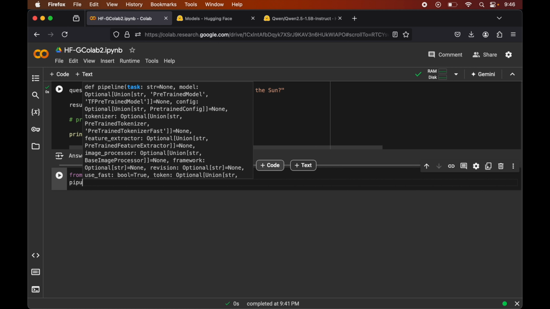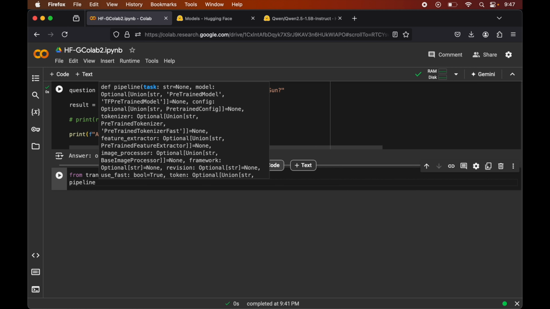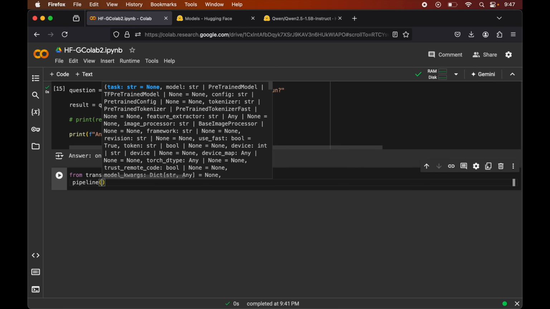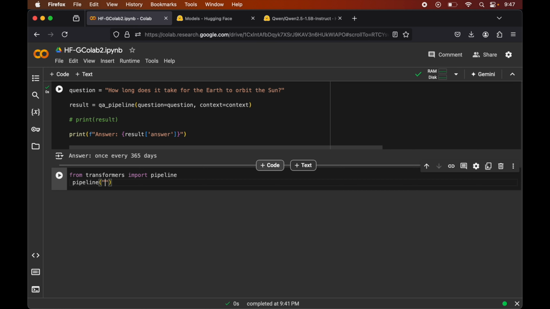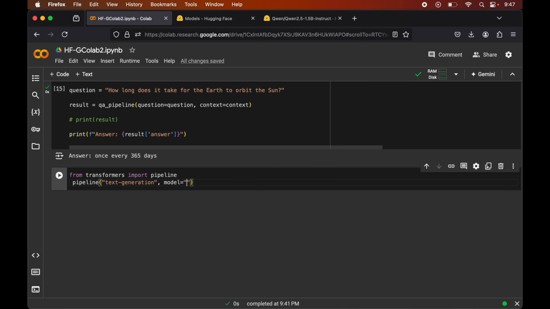We will call this pipeline method, and inside it we will pass a couple of parameters. The first one is obviously the task, which will be text generation for our case, and then we will provide the model. The first one is GPT-2, which we are going to use.